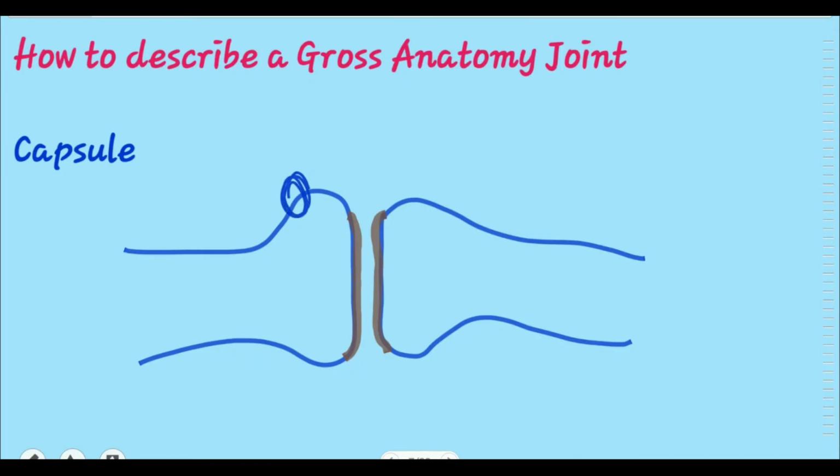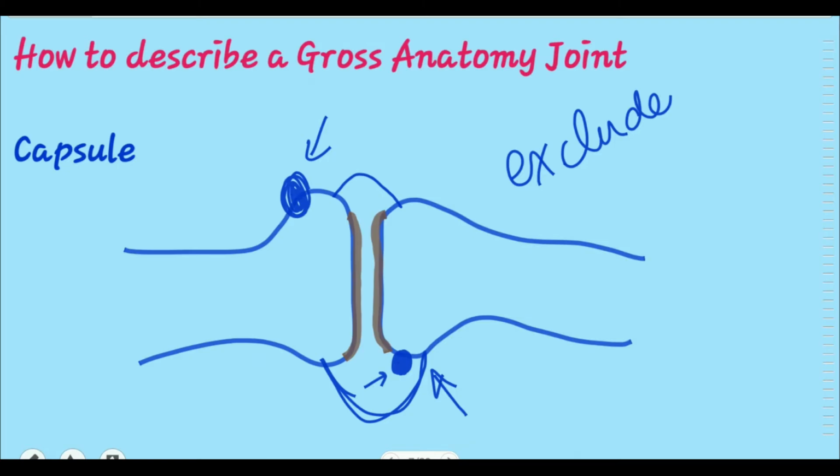For example, this is a tubercle or tuberosity of a bone. If the capsule is attached away from the articular margin in a way that it excludes this tubercle, you have to mention this fact, that this part is outside the capsule. Here we have a tubercle or any other bony impression. If the capsule is attached in this way, now it includes this impression inside. This is now inside the cavity. So you have to mention this. You have to mention what is excluded, and what is included, during the capsule attachment. Now watch this video so your concept becomes clearer.